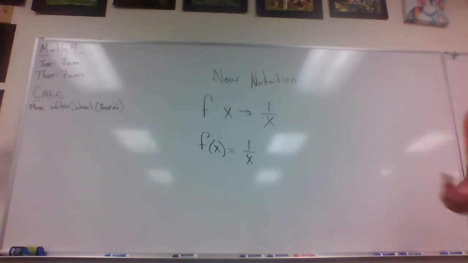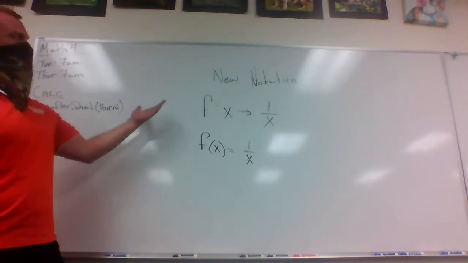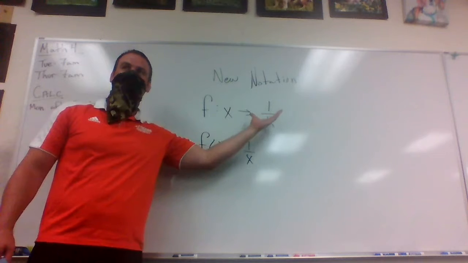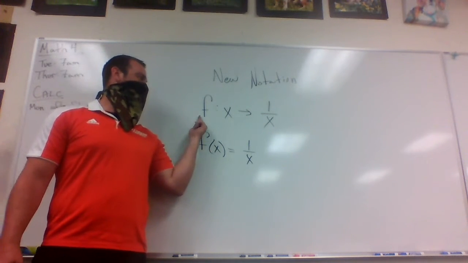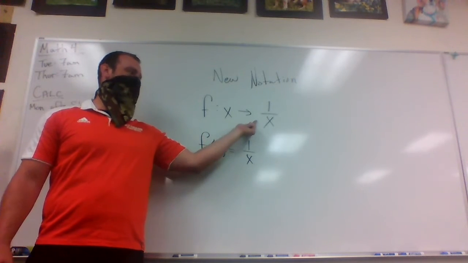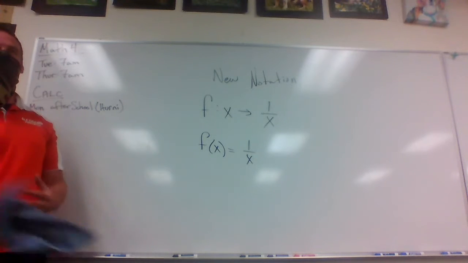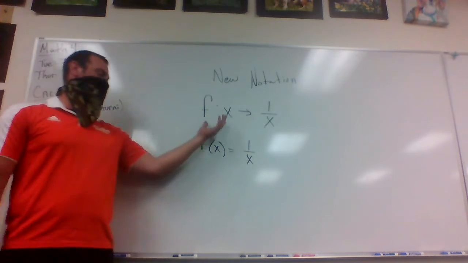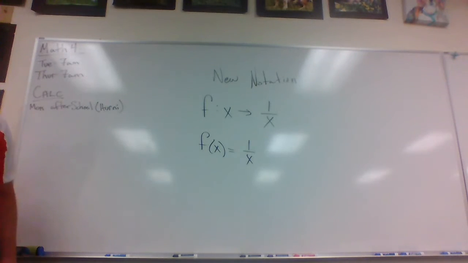It's just going to be a little bit harder algebra, a little bit different notation. So as you can see, I already wrote on the board, we got some new notation. This packet really likes to use f colon x arrow 1 over x. What the heck does that mean? It's really saying the same exact thing as f of x equals 1 over x. Which honestly gets kind of annoying that your packet does that, but I have seen that appear in the SAT